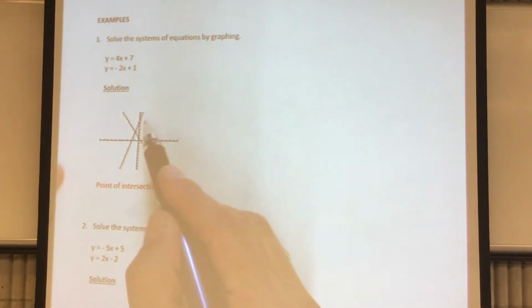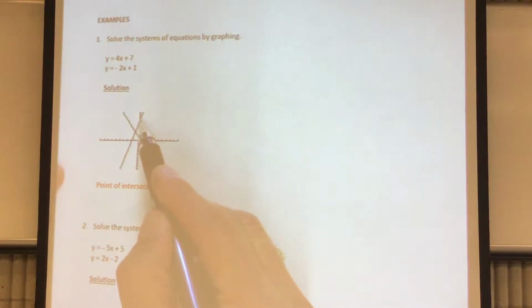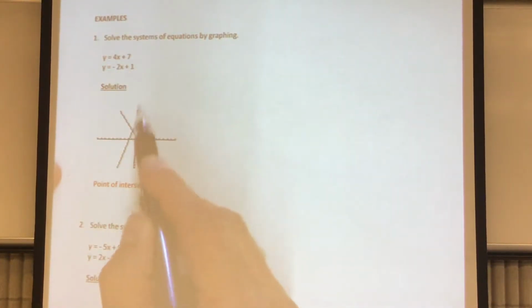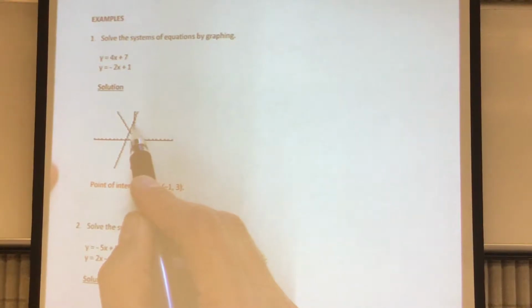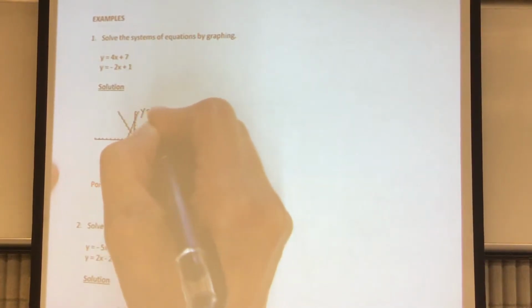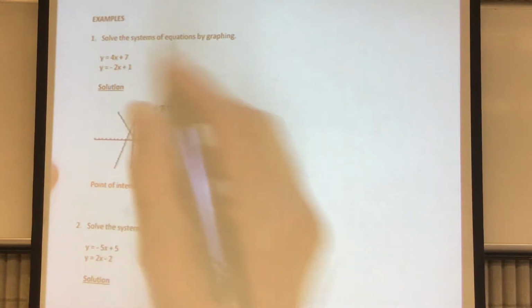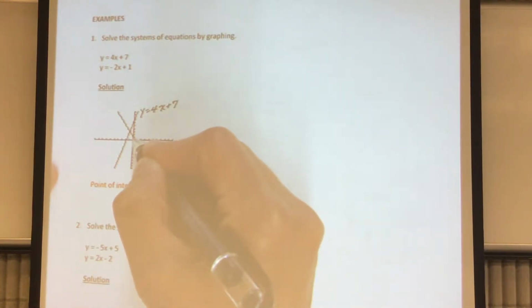Here you start at your y-intercept at 7, and you would normally go up 4 and over 1, but there's not enough room in the graph, so here we fall 4: 1, 2, 3, 4, and to the left 1, and this is the equation y equals 4x plus 7. And then the other equation, you would start at your y-intercept, so you start at 1,